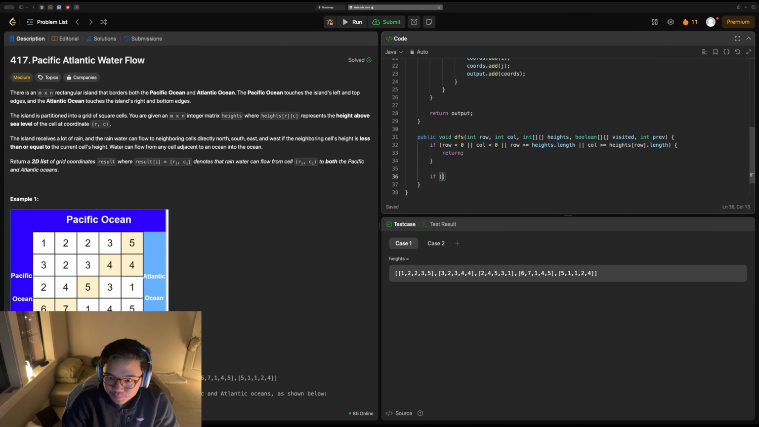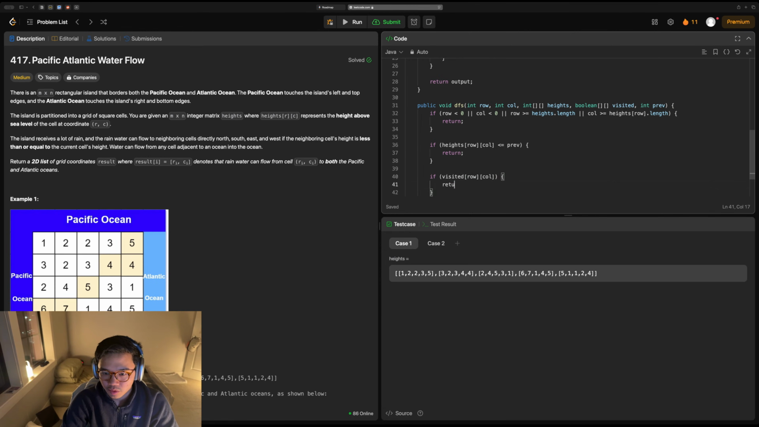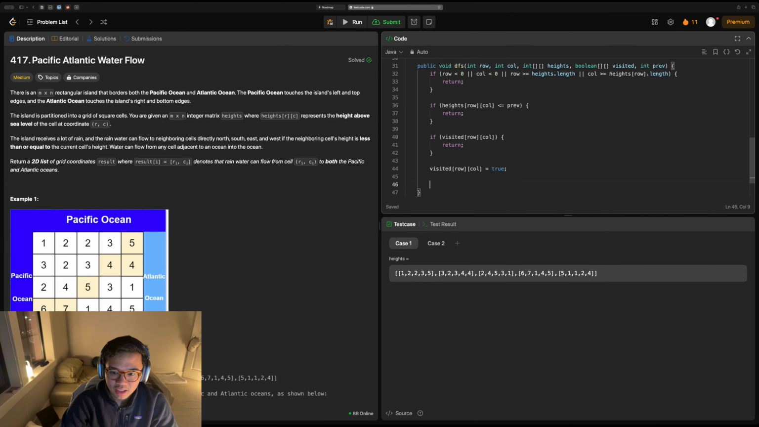And then if the current value is less than or equal to the previous value, we're also going to return. And then if we have visited, we're going to return as well. So now we know that it's on the board, it is a tile that we can flow to, and we haven't visited it yet. So we're going to mark it as visited, and then